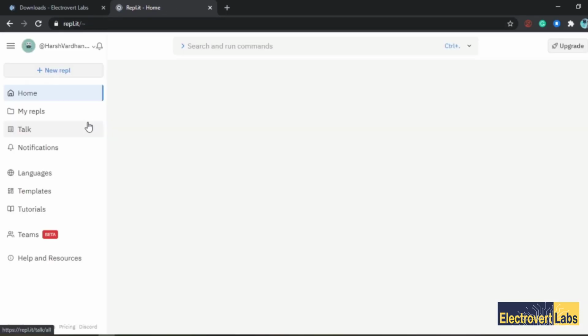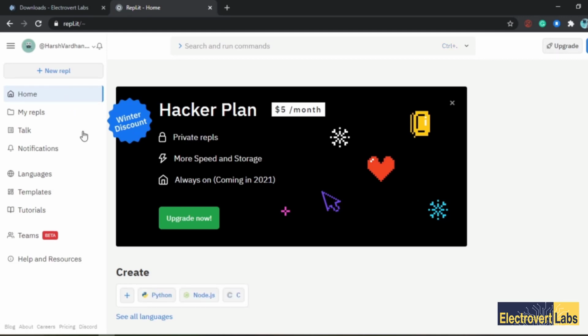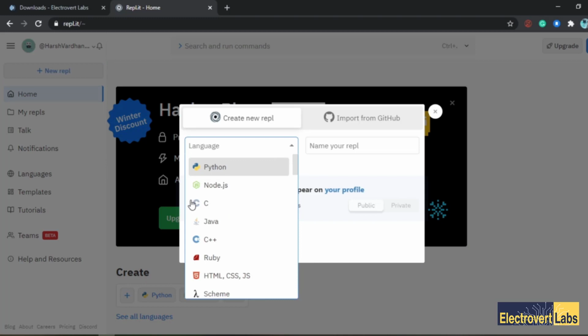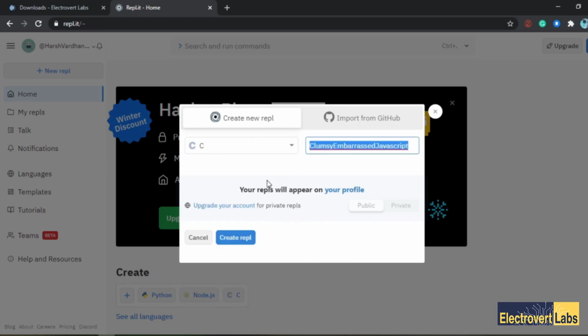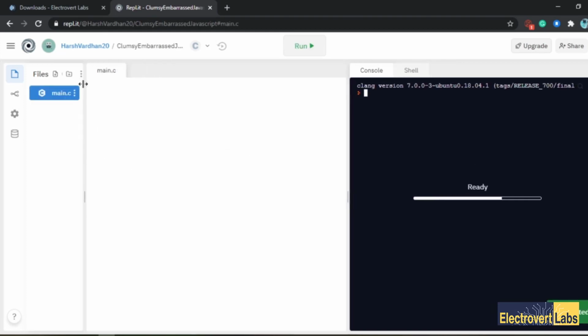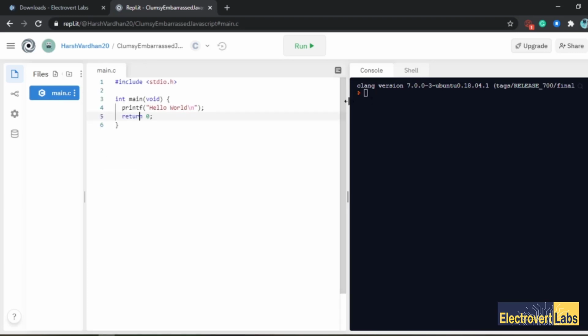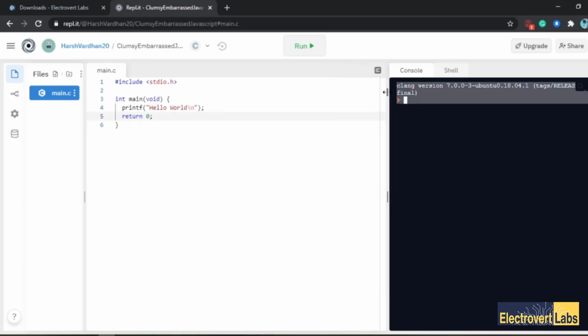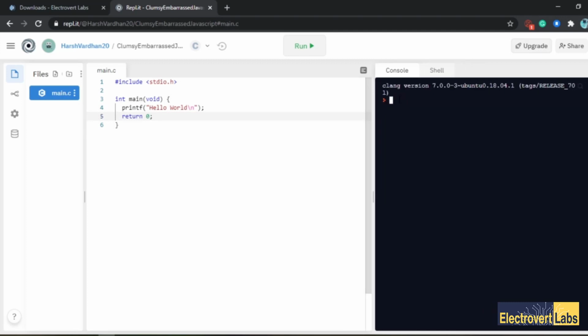Okay, now my sign up is done, and you can see this is my window, and I can go to new REPL here and click on that. I will select the language that I want to choose. So I want to choose C programming here, and I will keep it like that. I will create the REPL. So this is how your online compiler will look. It is the same thing. You'll have files here, you will write the code here, and you will see the output here. This is basically your command prompt, and I think they are using Linux, so you will see different types of commands, not the same as Windows. They are using Ubuntu here.